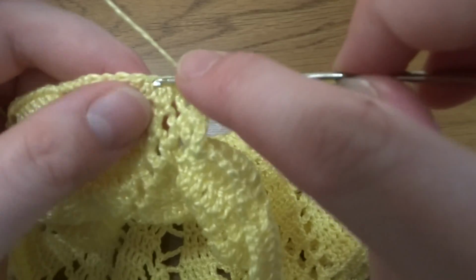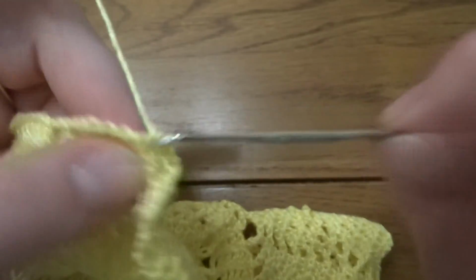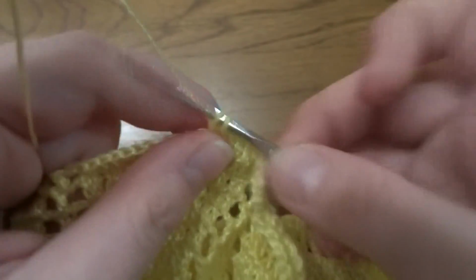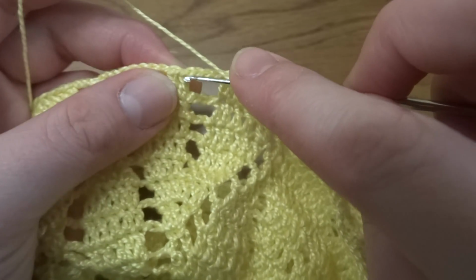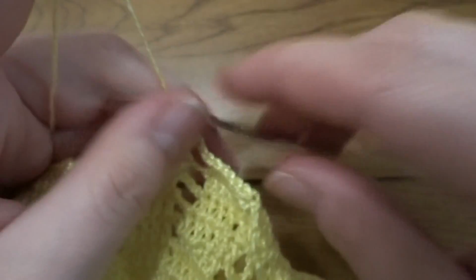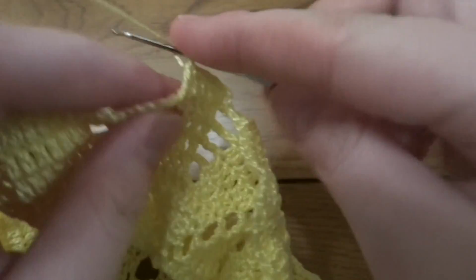then into the next 5 stitches 1 double crochet in each stitch, 1, 2, 3, 4 and 5, chain 3, 1, 2, 3 and again into the first 5 stitches 1 double crochet in each stitch, 1, 2, 3, 4, 5, into the last 2 decrease,